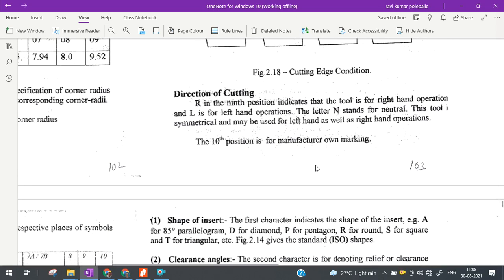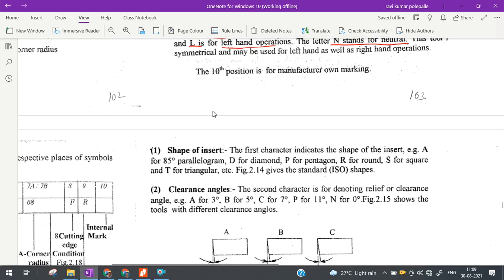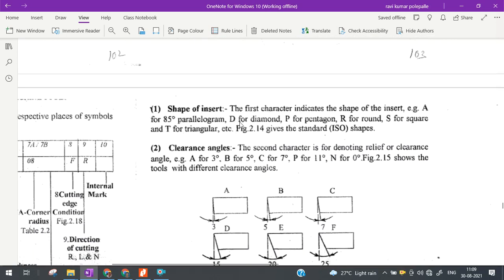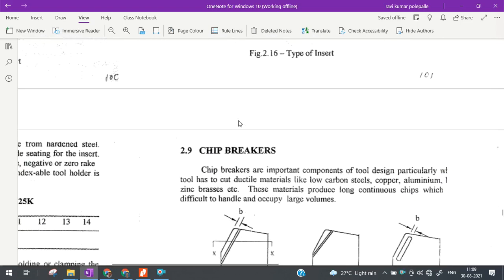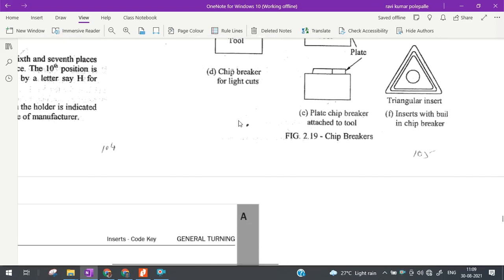So direction of cutting is also one more piece of information that is provided. L stands for left hand, R stands for right hand. So left hand cutting, right hand cutting, or say simply neutral, right? So this is the information which is connected to the inserts. Likewise, we have information regarding